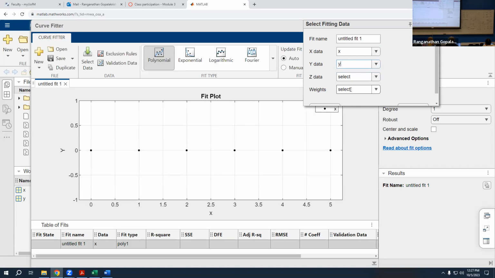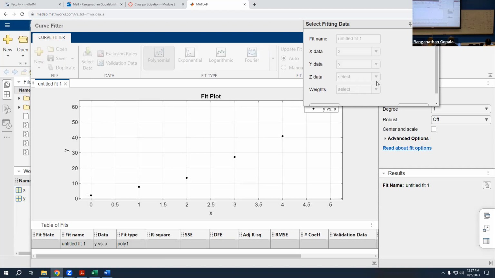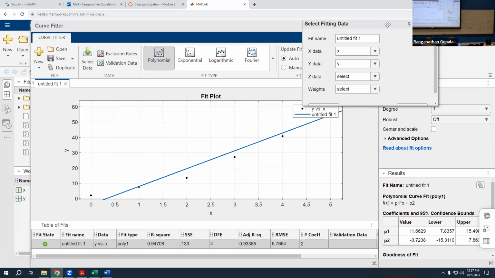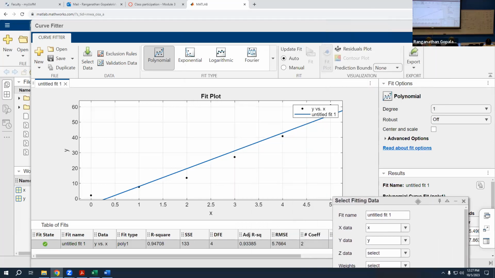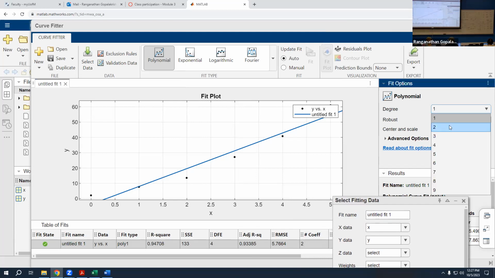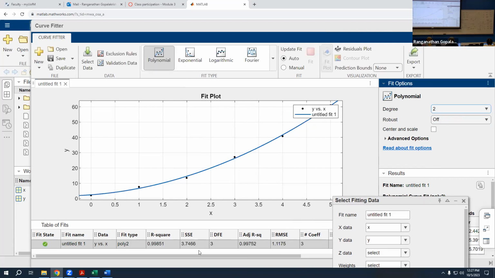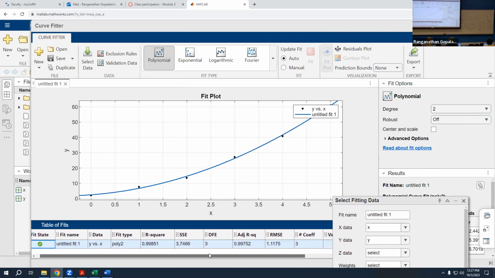Y data is Y. And immediately once I do that, MATLAB shows me the raw data and a suggested linear fit. Linear fit is no good, we already saw that. So what you're going to do is go to the fit options. The degree of the polynomial, we want it to be 2 instead of 1. So if you do 2, MATLAB has already finished doing the